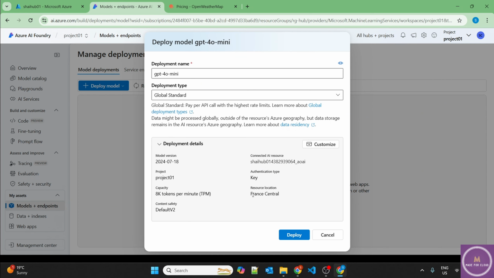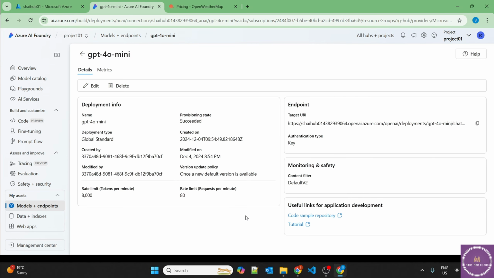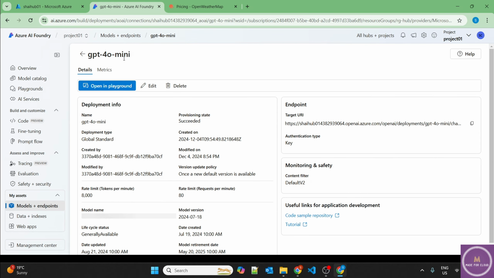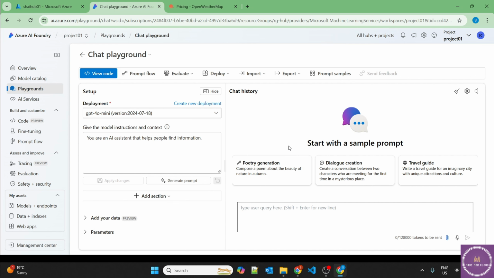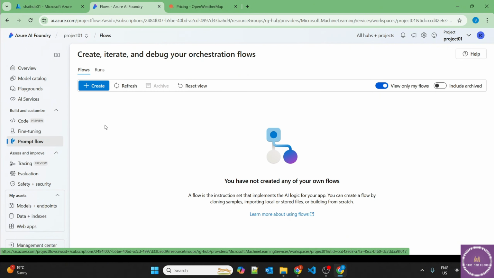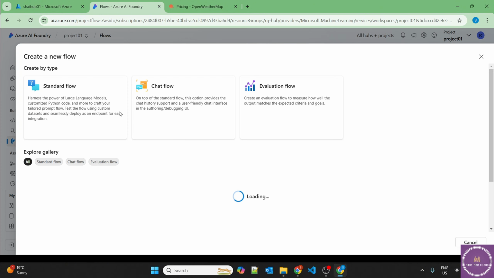It's getting deployed in France Central. Deploy. So our GPT-4o mini model is deployed. We can open it in the playground and test it. However, we'll just directly use it in the prompt flow and see how it provides the response. So let's go to the prompt flow, create a standard flow,